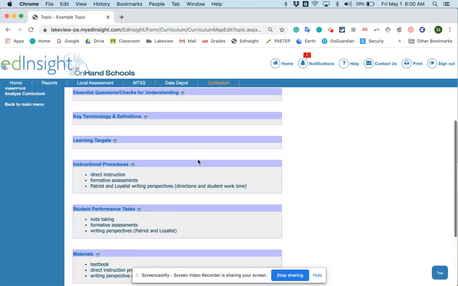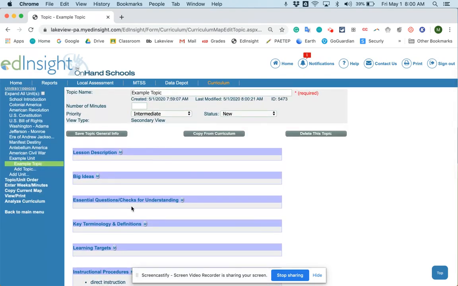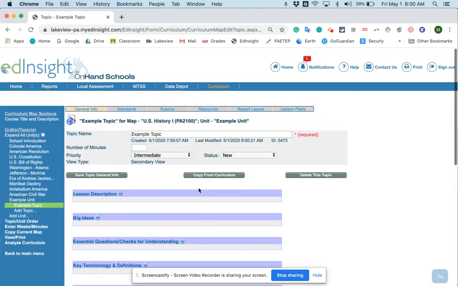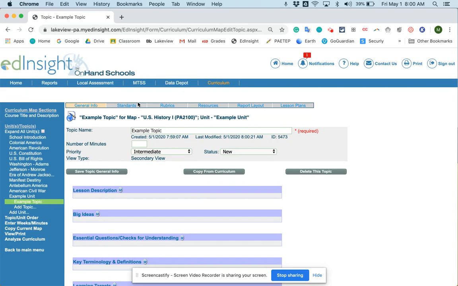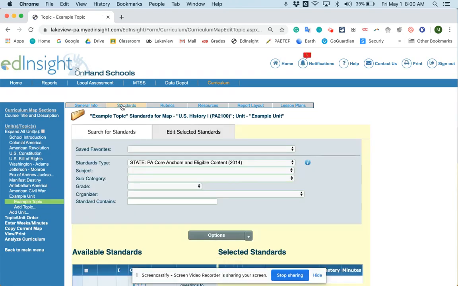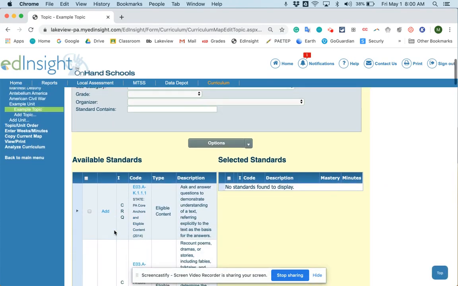And, obviously, this is something that could take a lot of time if you got to retype it or if you're going back and forth and copying and pasting. The other thing that I want to show you real quick is just how to pull standards from either a unit or a topic level. You have to apply standards to all of this. So you basically